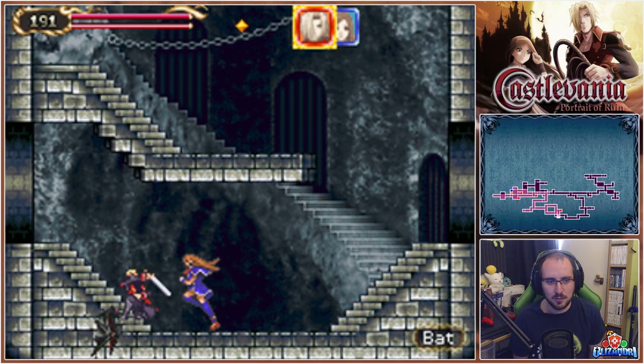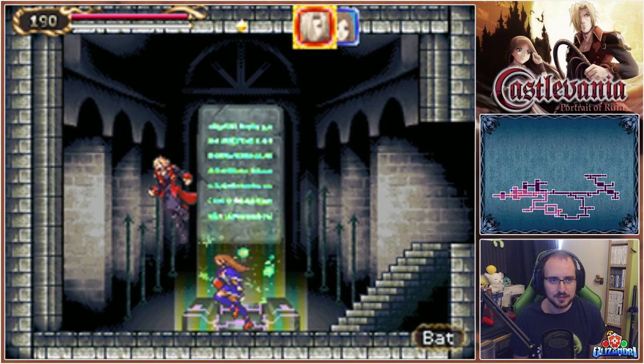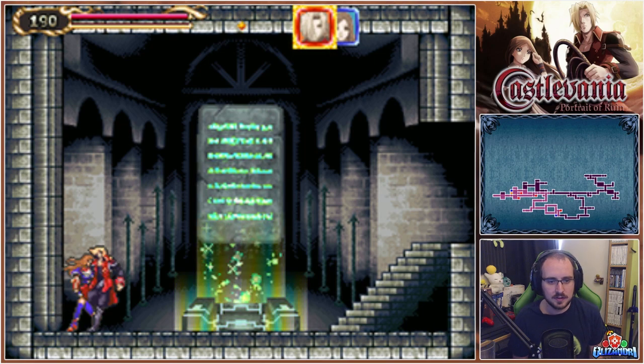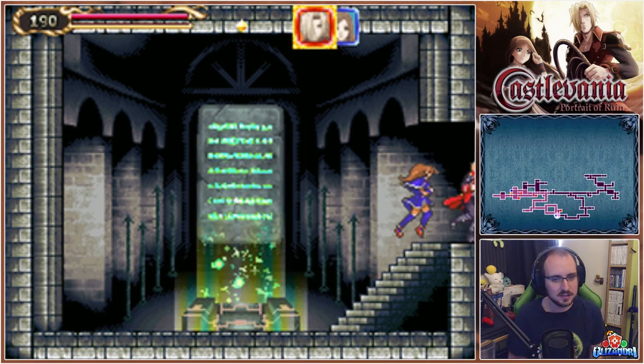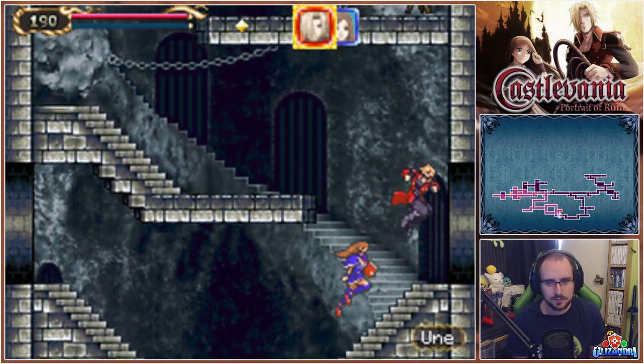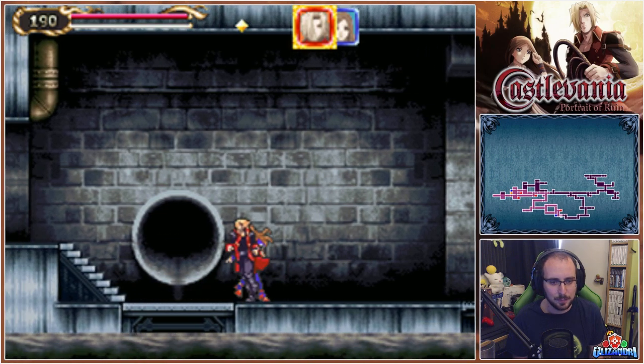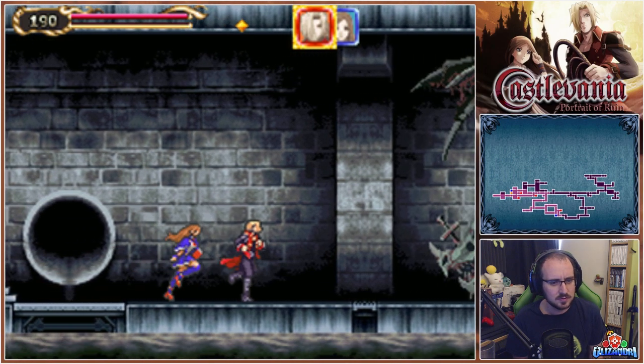So left is probably a warp room. Ow. It's only 1 damage, but still. I'd rather avoid getting hit, thank you. Love how they burst into flames. Right, so sewers it is. It looks like you can jump down there, to be honest. Maybe that's just...